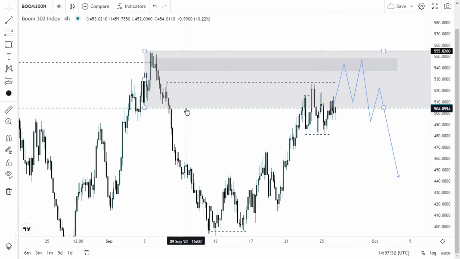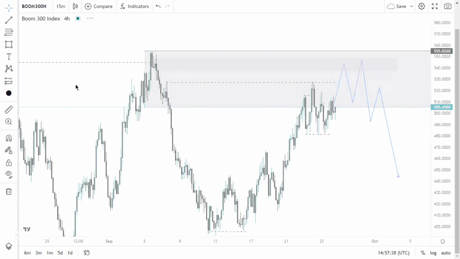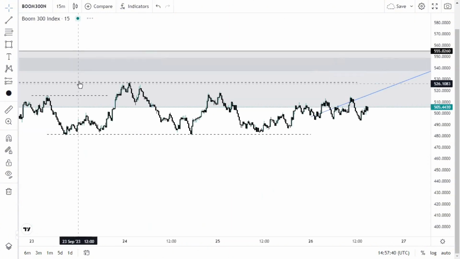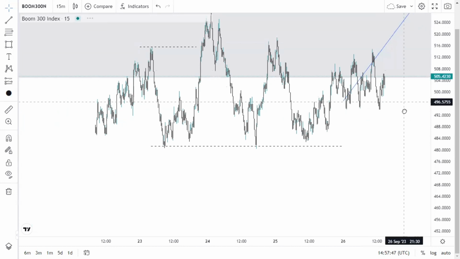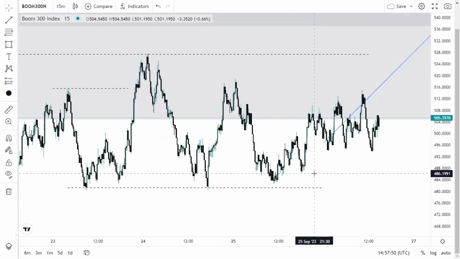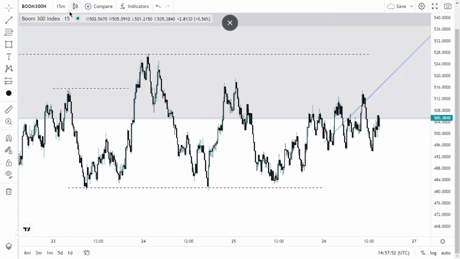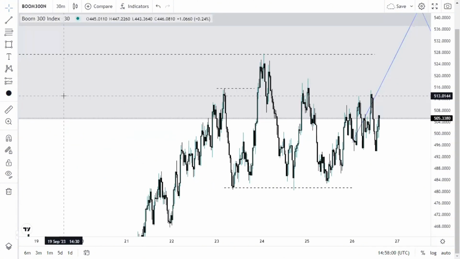Now, where do you seek to get specific entries? This is the moment when you go down to your 15 minutes time frame. It's on your 15 minutes time frame that you begin to look for these other blocks, all right? Or maybe your 30 minutes time frame if you do not find enough information on the 15 minutes time frame. Now, this is Crash, so you might not find enough information on the 15 minutes time frame. So you might want to use the 30 minutes time frame. I'm going to advise, if you're using Boom and Crash, use the 30 minutes time frame, all right? It's going to give you less confusing